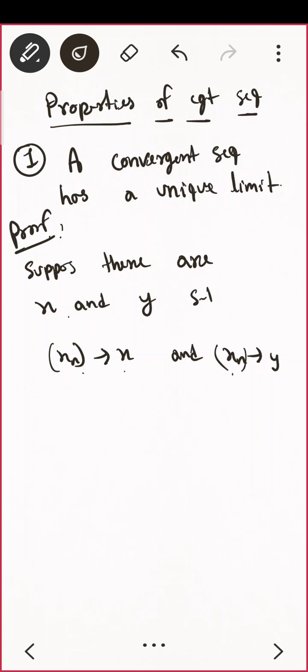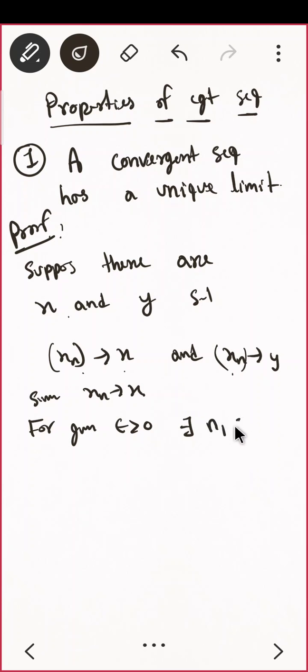Okay, so let us start. You are given xn converges to x. Can you quickly write the definition of that? Since xn converges to x, what is the definition? For all epsilon positive, or let me write for given epsilon positive, both are the same. What is the condition? There exists, here I call it n1,